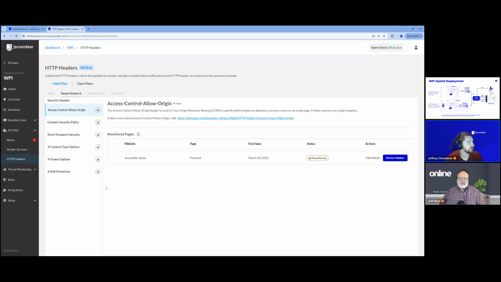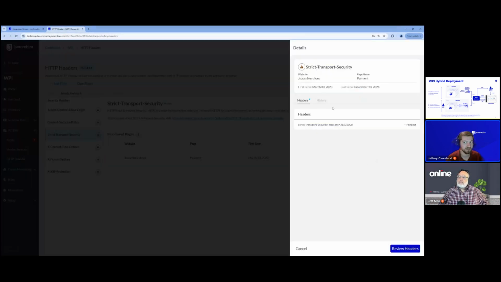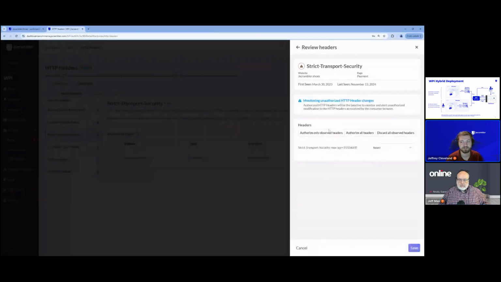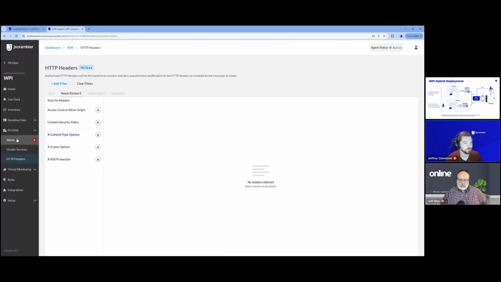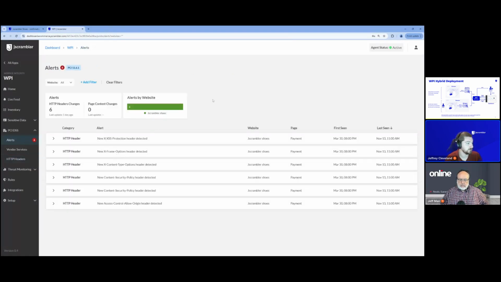Yeah, just the last piece of what I want to show here. A lot of the HTTP header management, the way we manage that is through baselining. So if you have a header that you expect to see, you simply review it, and by authorizing it, you're adding it to a baseline where we can say, hey, this is one that you expect to see, and we won't generate an alert on. Once we've been through the vendor services view and the headers view, these alerts here are the last component of 11.6.1, where we'll actually